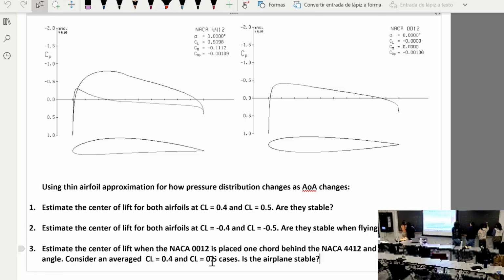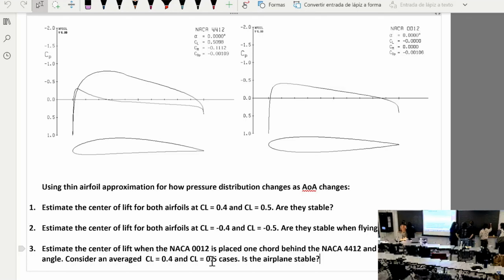Okay. And also, just because I think I've forgotten, for a symmetric airfoil, can we always pretty much assume that the center of lift is on the quarter chord? Yes. According to thin airfoil theory, that's always the case. Okay, thank you. So that's unstable. Yeah, that's unstable. And then this one,